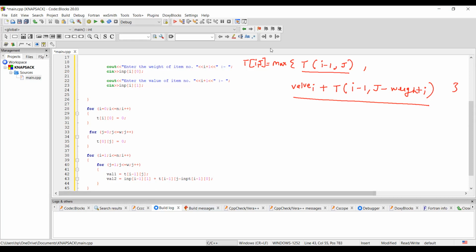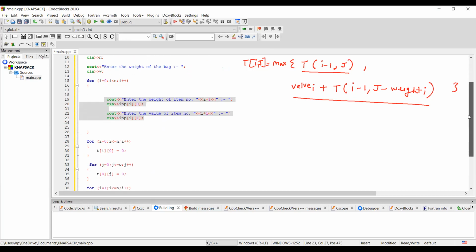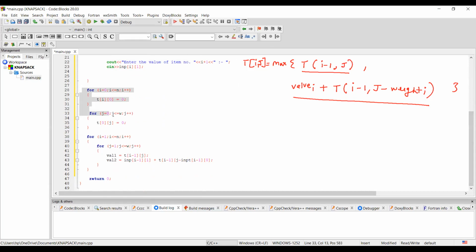I hope that the things are easy for you to understand. So far we have not done too much so far, to be very frank. Let's go back, let us see what we have done so far. We have taken the input n, we have taken the input w, then we have taken the input for all the items, that is हर item का weight और value लिया है। फिर उसके बाद हमने हमारे टी मैट्रिक्स को इनिशियलाइज किया है और टी मैट्रिक्स की सारी रिमेनिंग वैल्यूज को कंप्यूट करने की कोशिश की है। तो अभी हमें यहाँ पर क्या मिल रहा है, what we are able to compute so far.